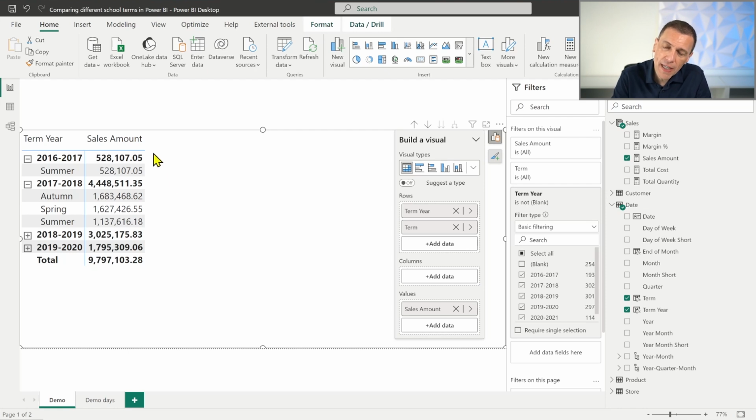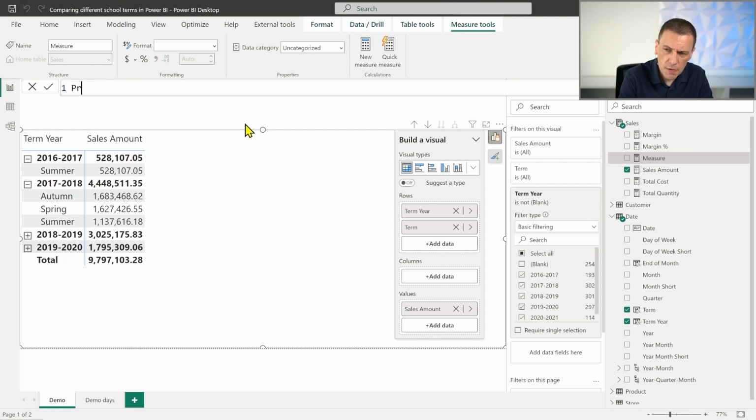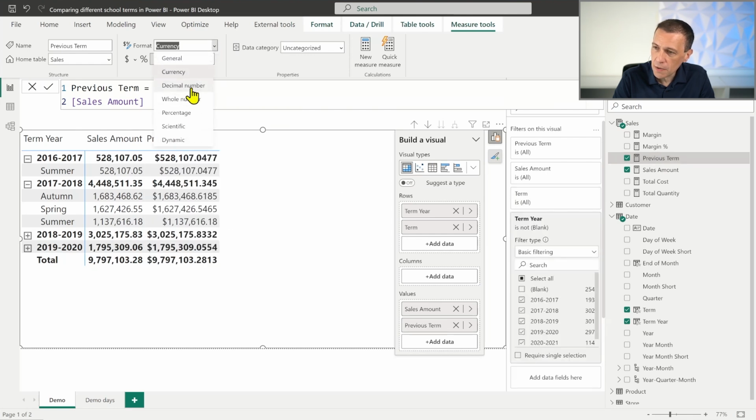is not our goal. The goal is that now we want to create a measure to compare the current term with the previous term. In order to do that, I have to create a measure. So let's start to create a measure that we want to include in this report that I would call previous term. It should be sales previous term, but I want to reduce the length of the string just for the demo. So the previous term is what? Let's start with the simple sales. So let's repeat sales amount at the moment, just to put this in the report and see the value side